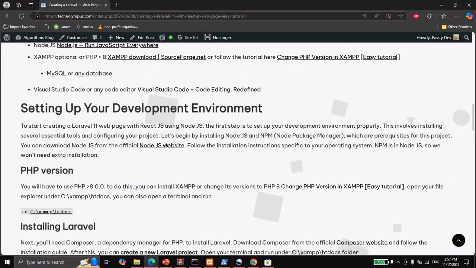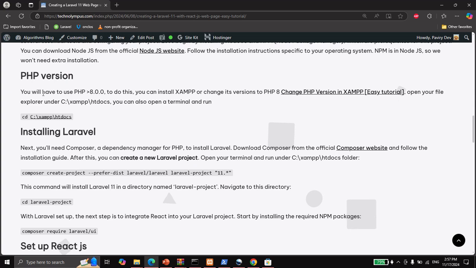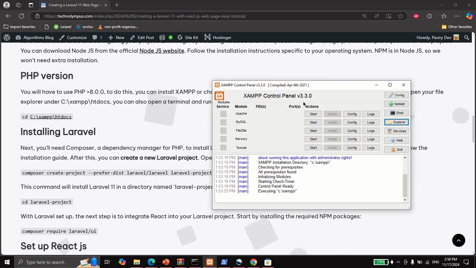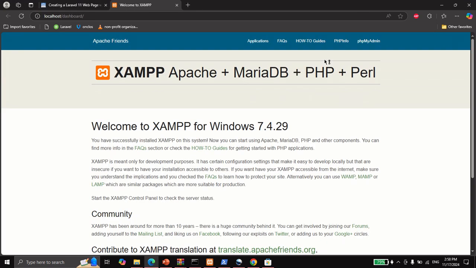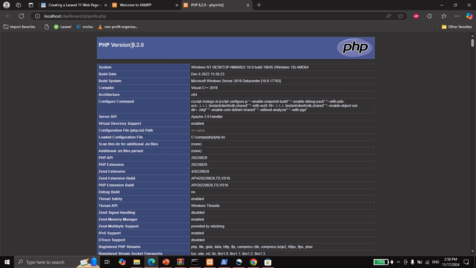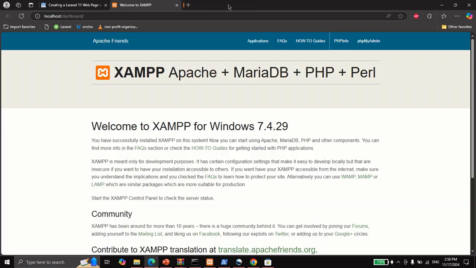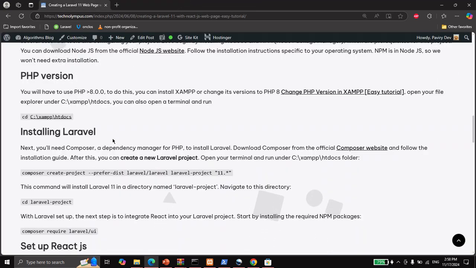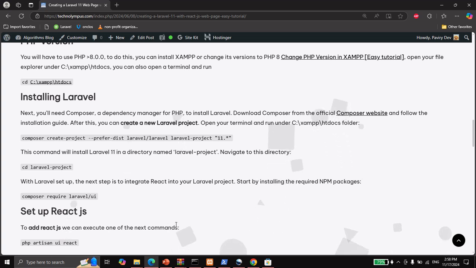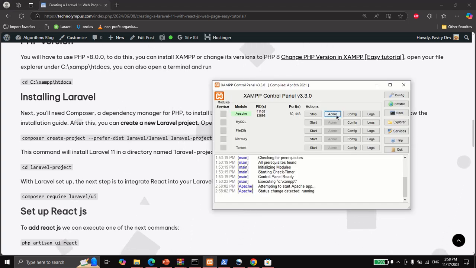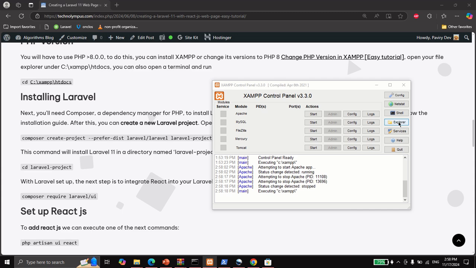So we are going to ensure that we have a PHP version greater than 8. To do that, if you are running SAM, we are going to click Apache Start and go to admin. We click on PHP info and we need to ensure that we have a version greater than 8. Then we are going to go to the htdocs